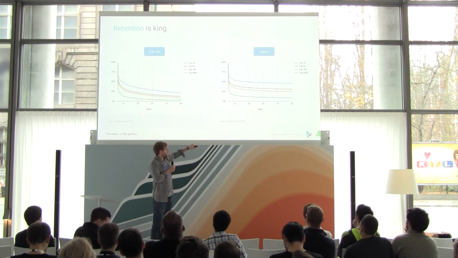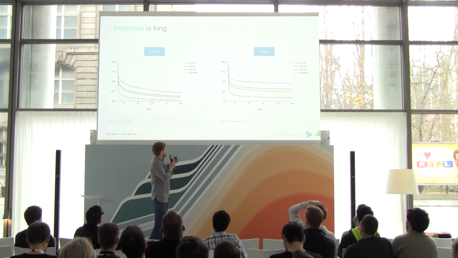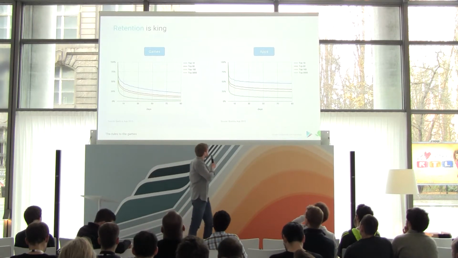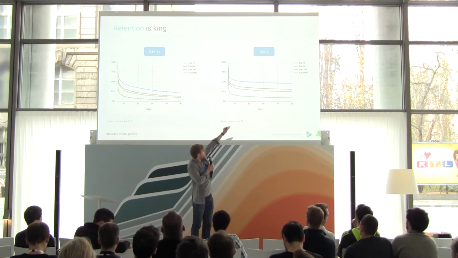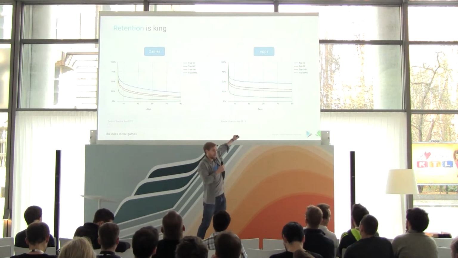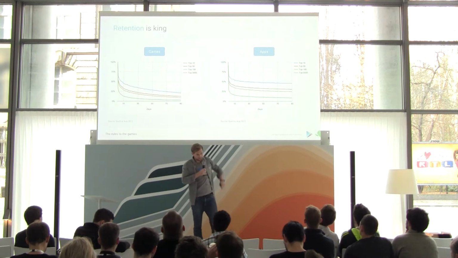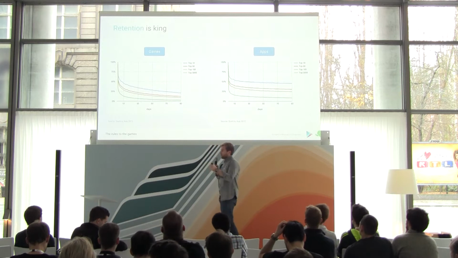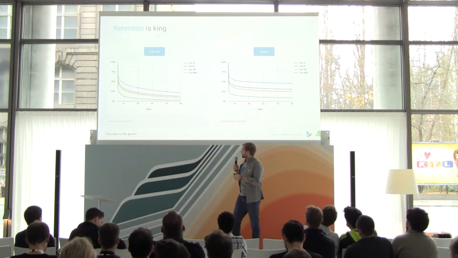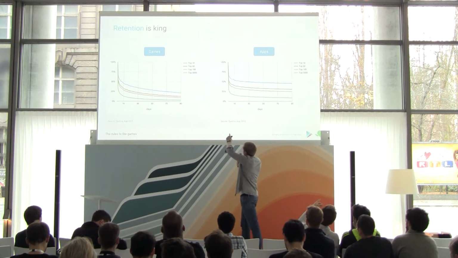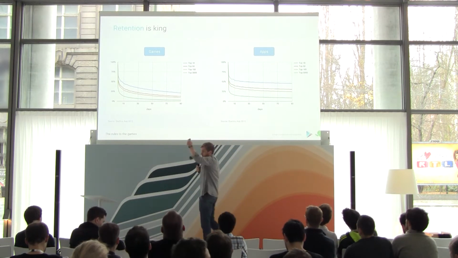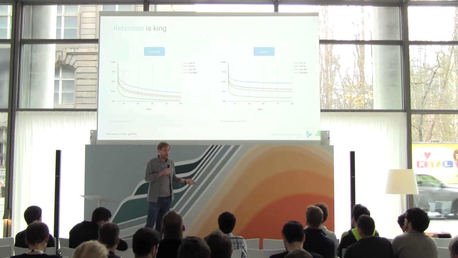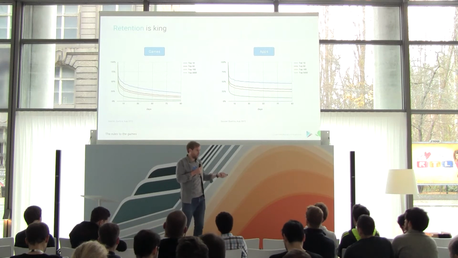This is data by a research company called Quettra. On the left-hand side, you see games retention over 90 days on the Google Play Store. On the right-hand side, you see the same for apps, and the different colored lines are if the game is top 10, top 20, top 50, etc. So you see that what games and apps have in common is that there is a drop-off in retention after a certain time, and actually the curves kind of look the same, right? And I'm going to come back to the actual curve in a bit. So they have that in common, that the first couple of days are quite crucial, and that you want to make sure that retention actually